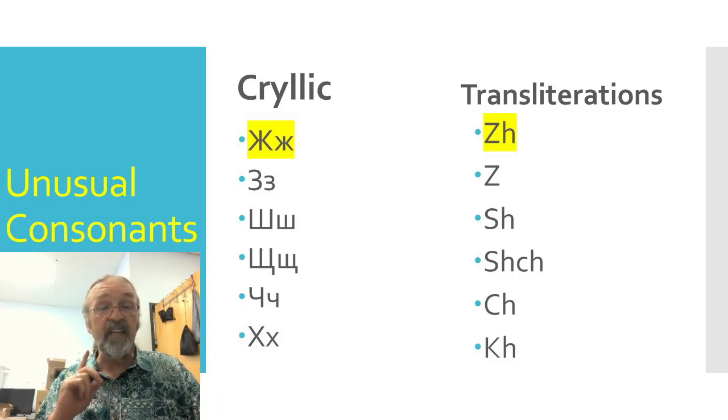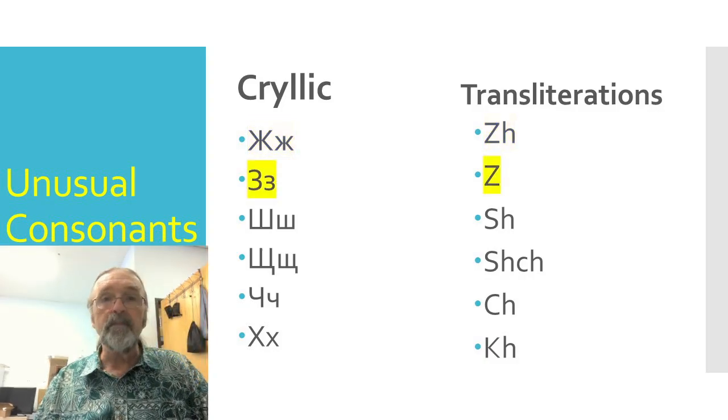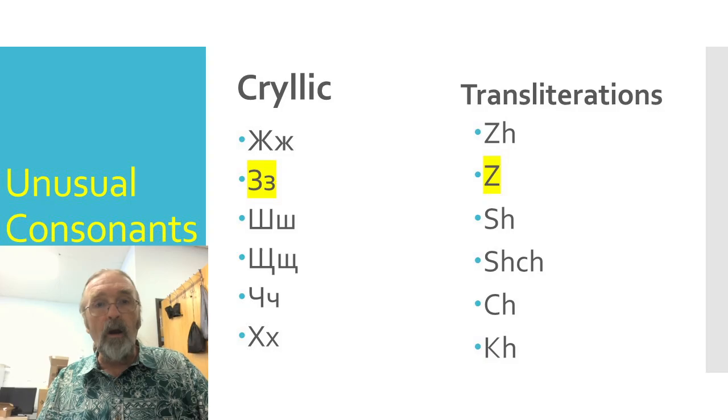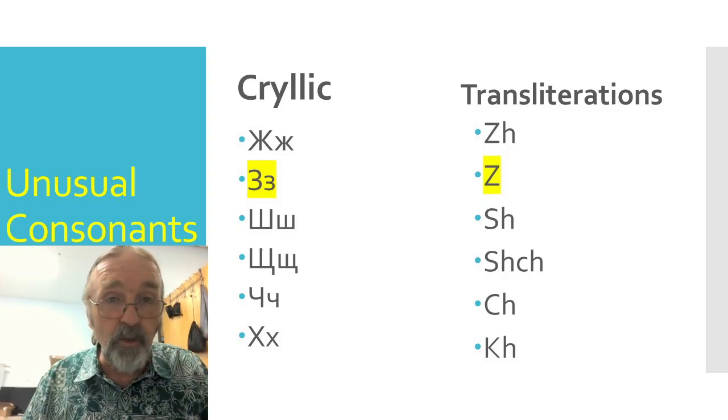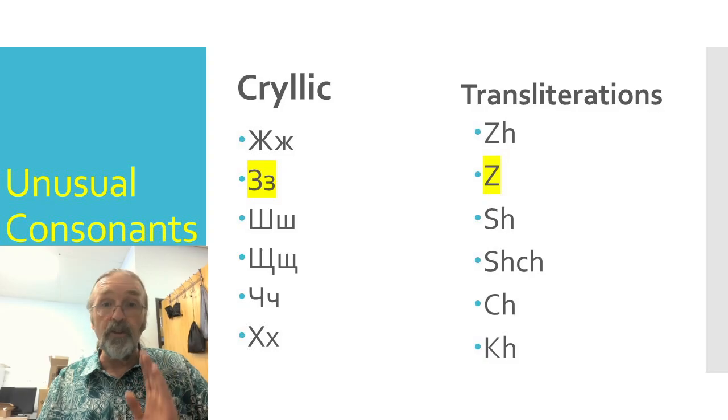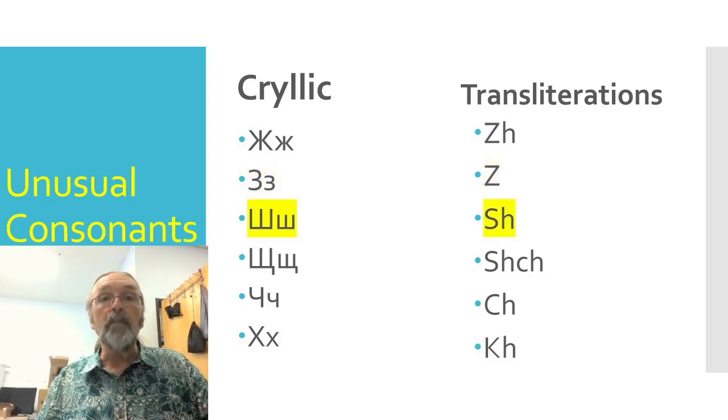So, Zaporizhzhia. All right, ZH. So you see that ZH is not a Z. Z is underneath. This weird thing that looks like a 3, that's a Russian Z. The next two are unusual, and to tell you the truth, I never learned the nuance between these two. But you have sh,